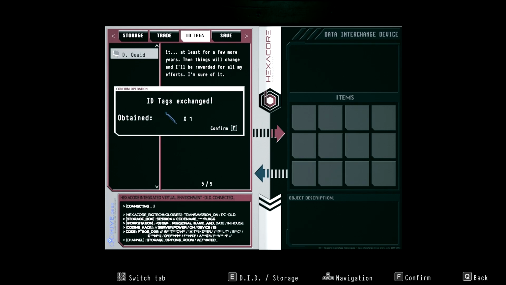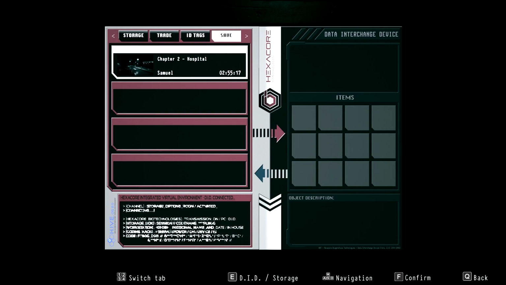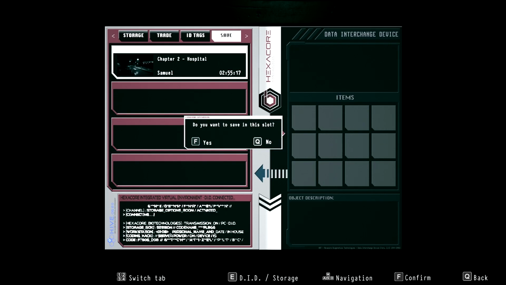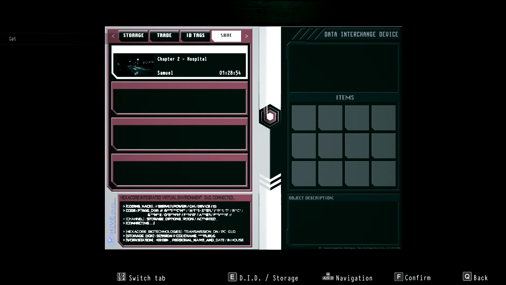So this guy just literally works in this room behind the wall. And then save. You can see my original save, 2 hours and 55 minutes. And now it's 1 hour and 28. So yeah, when you're skipping the cutscenes, especially skipping the cutscenes, because there's like 20 minutes of cutscenes just in